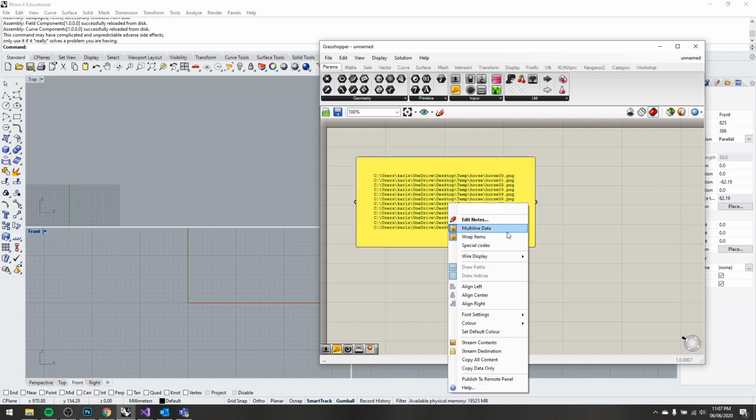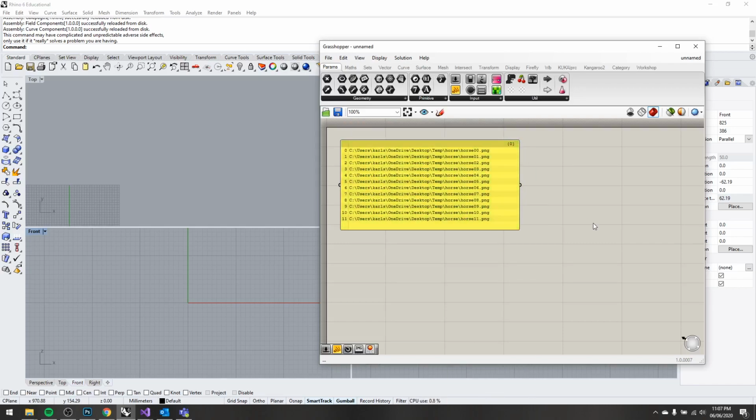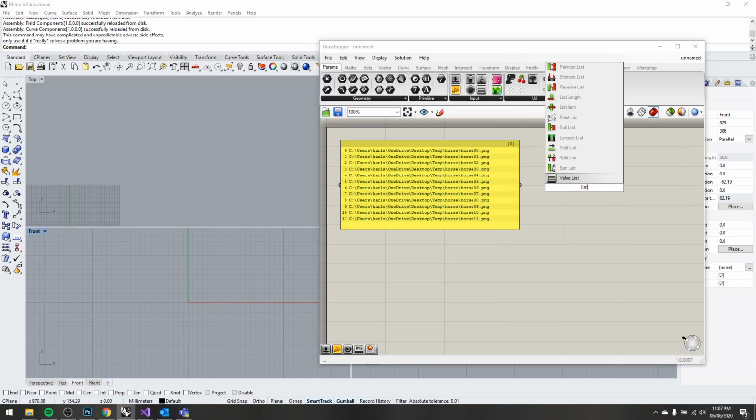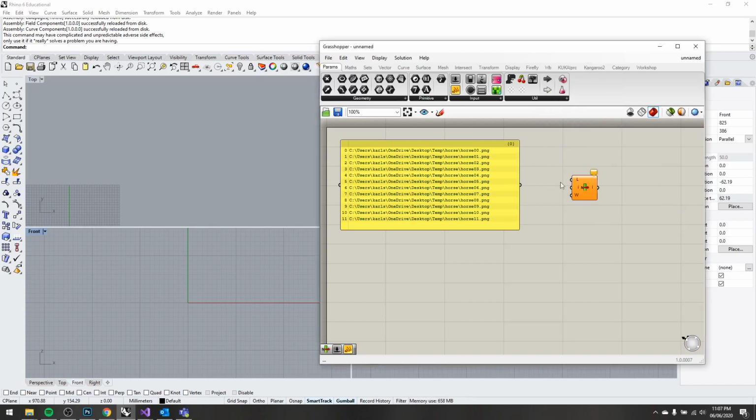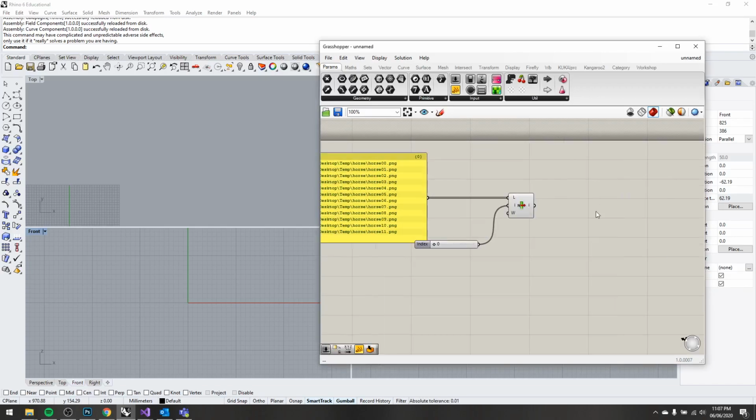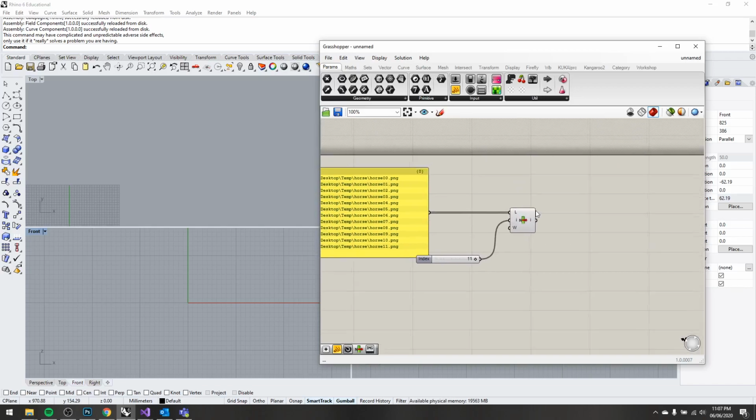We can simply right click and set that to non-multi-line. What we're going to do is put in a list item component, very similar to what the guy on Facebook had. And if we put in a 0 to 11 slider, just to make sure we're getting the right items, 0, 1 through to 11. Perfect. So now if we want to animate this and see it, instead of doing it the way he did,